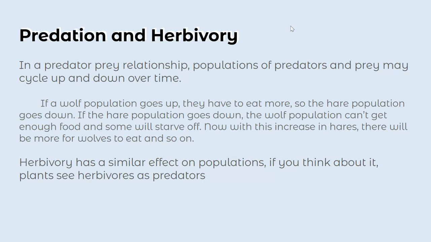Predation and herbivory are also two really important density dependent limiting factors. In a predator-prey relationship, populations of predators and prey can cycle up and down over time. So, for example, if we're looking at a wolf population and a hare population or a bunny population, if the wolf population goes up, they have to eat more, so the hare population will go down. And if the hare population goes down, the wolf population can't get enough food, so some will have to,